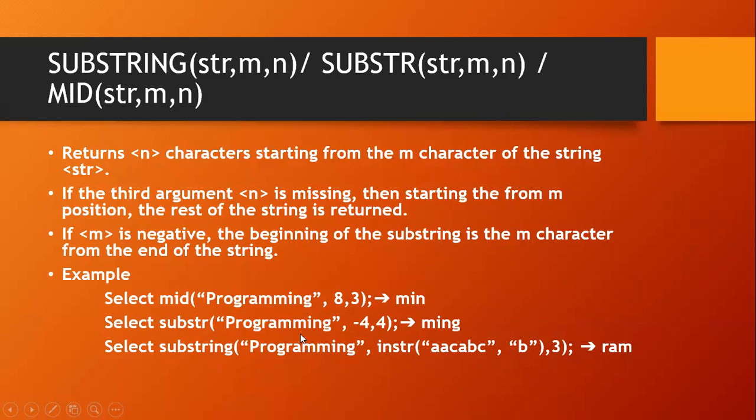So what is that? SUBSTRING('programming', 5, 3). Isn't it? 5. So which is the character in 5? 1, 2, 3, 4, 5. That is R. And from there, how many characters did we need? 3 characters, so 1, 2, 3. So your output is RAM. The question can come this way as a nested function also. So don't forget, first the inner function is to be evaluated, and that output is to be replaced in place of the inner function, and after that the outer function is to be evaluated.